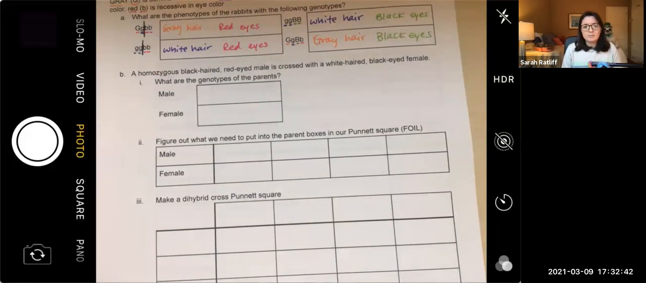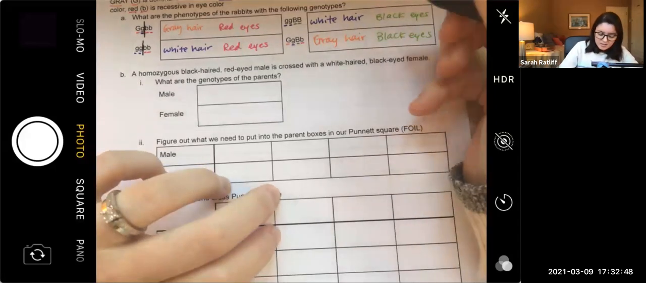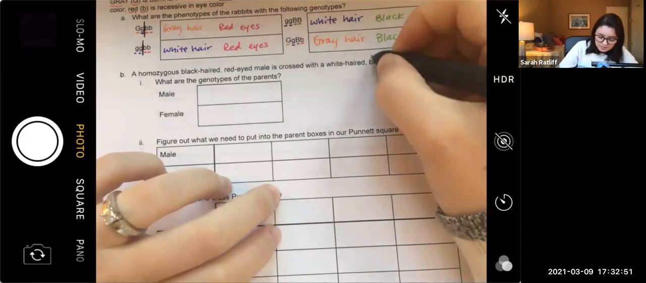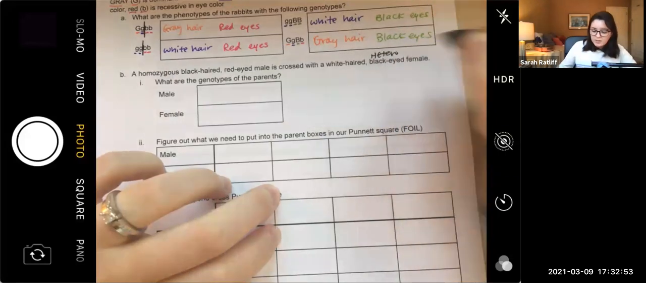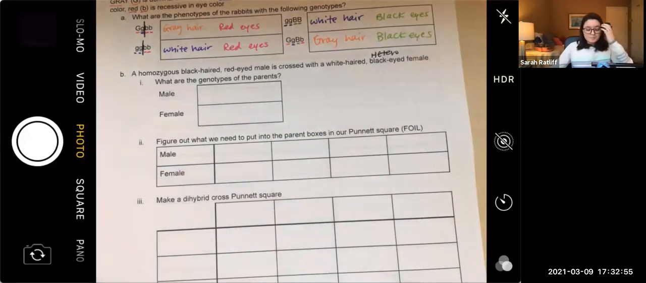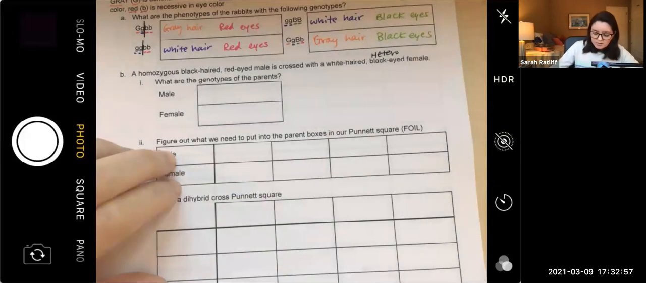What does that mean? Oh, I didn't write... Okay, I'll make this change on yours. We're going to say that it is a heterozygous black-eyed female. All right. So